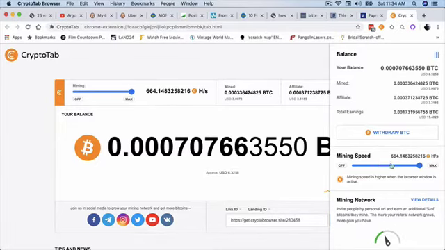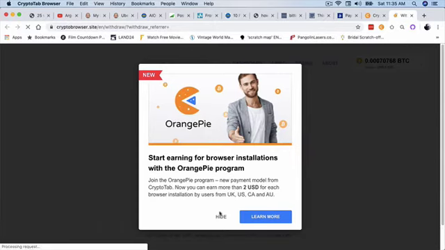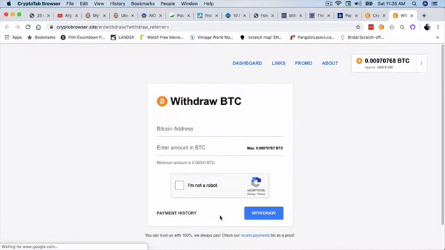You can also adjust the mining speed just down here, and you get more information about your mining network down here as well. But if you click on withdraw BTC, you can actually withdraw the money in your account to your Bitcoin wallet. And I'll explain how to do that in a later video. But basically, you put in your Bitcoin address. I'll show you how to get that in the later video. You put in how much of the Bitcoin you want to withdraw. Confirm you're not a robot, which I'm not. Click on withdraw, and then it will take normally 24 to 36 hours to come through to your Bitcoin wallet.